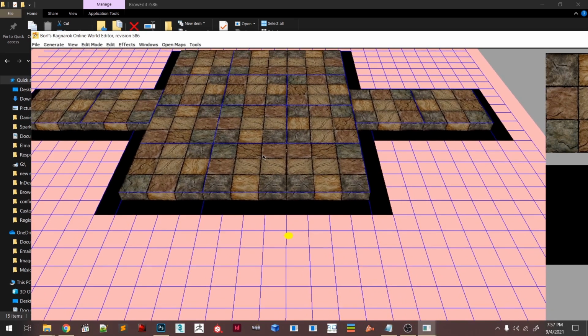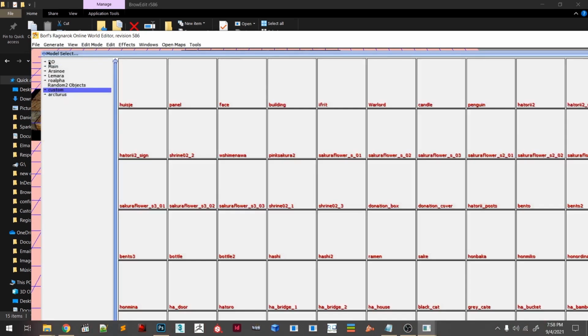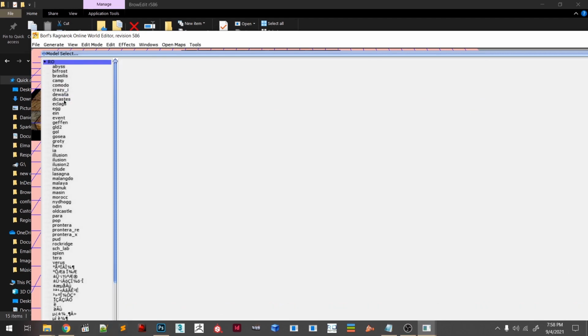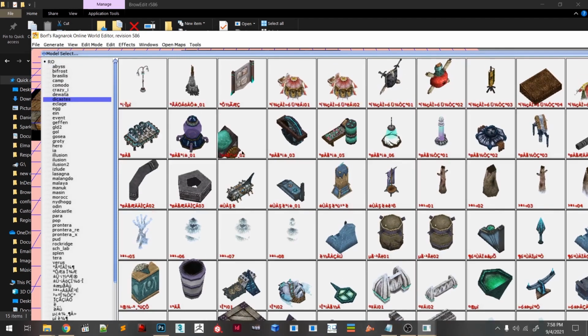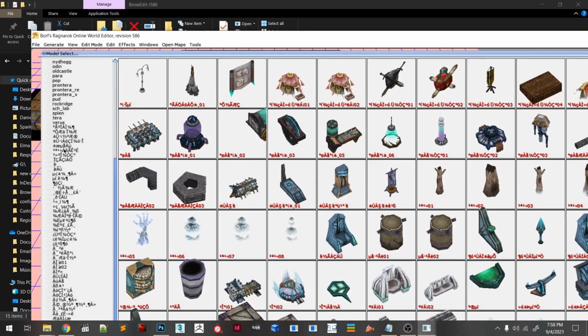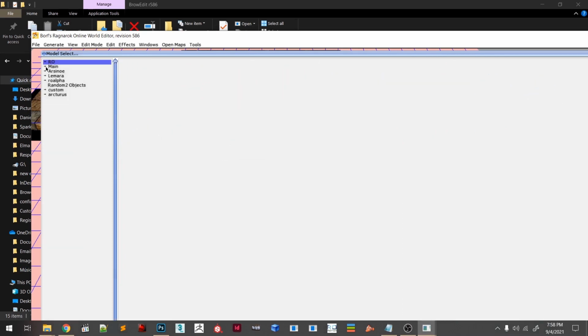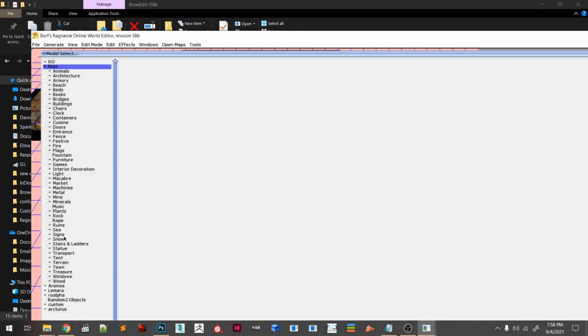Okay, so we go to M again. We go to RO, and here we can find all the 3D models inside RO. I want maybe architecture.